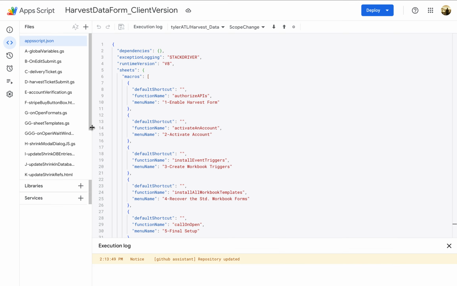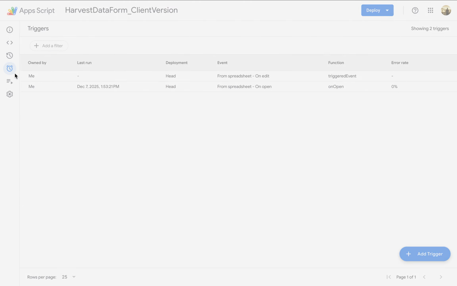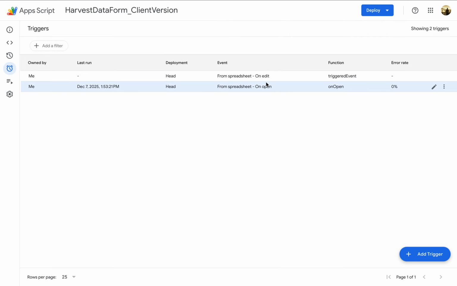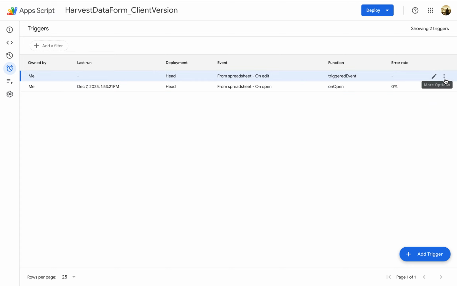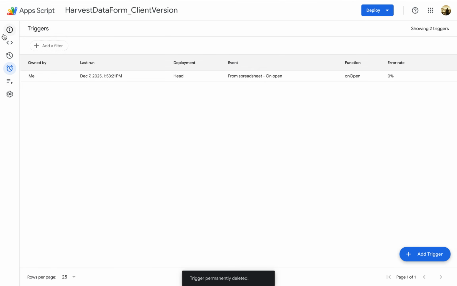All right, with that complete, we can move into the Script.App scope and how we will use it. This project uses 2 triggers. It uses an onEdit and an onOpen. And for the sake of demonstrating how the scope is used, if I were to delete one of them, delete it forever, and go back to the script,